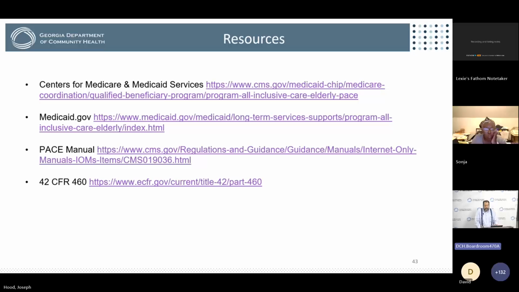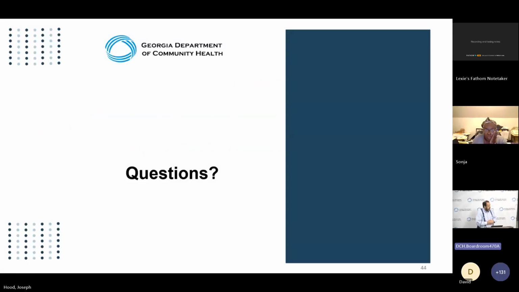Finally, we wanted to provide some resources, things that we go to all the time, like Centers for Medicare and Medicaid information, the CFR that oversees PACE, which is what I always think of as our laws, and then long-term services information, and regulations from the PACE manual with guidance on how to get ready, things that will be done in the readiness review operations. At this point, we will pause for any questions we may have online or here in person.